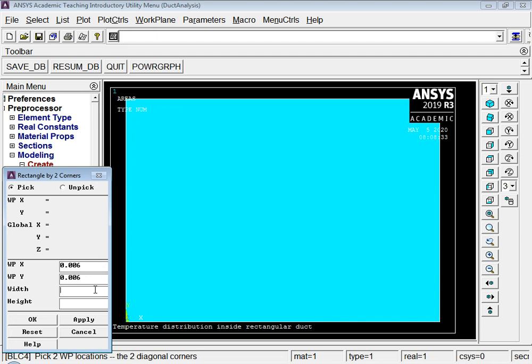The width is going to be 0.197, and the height is going to be 0.146.